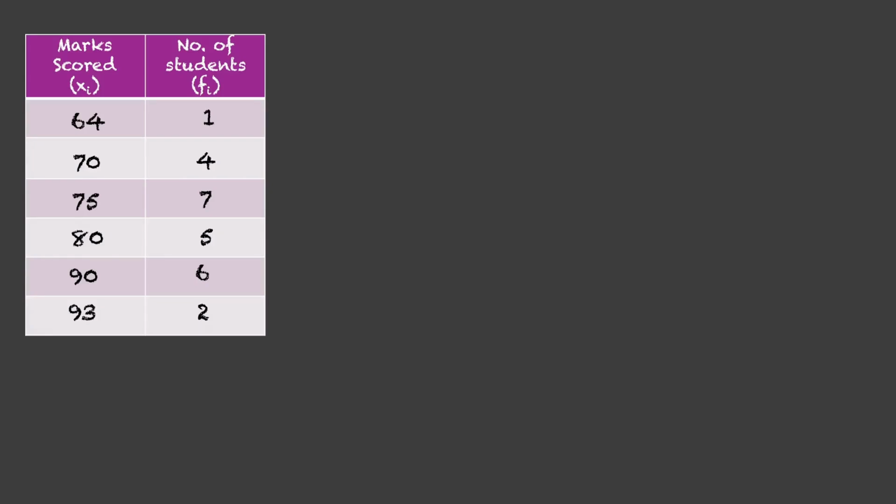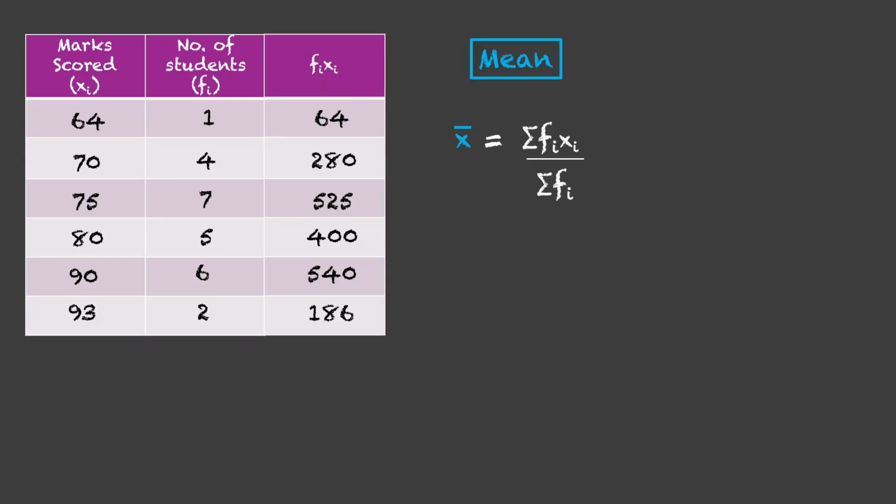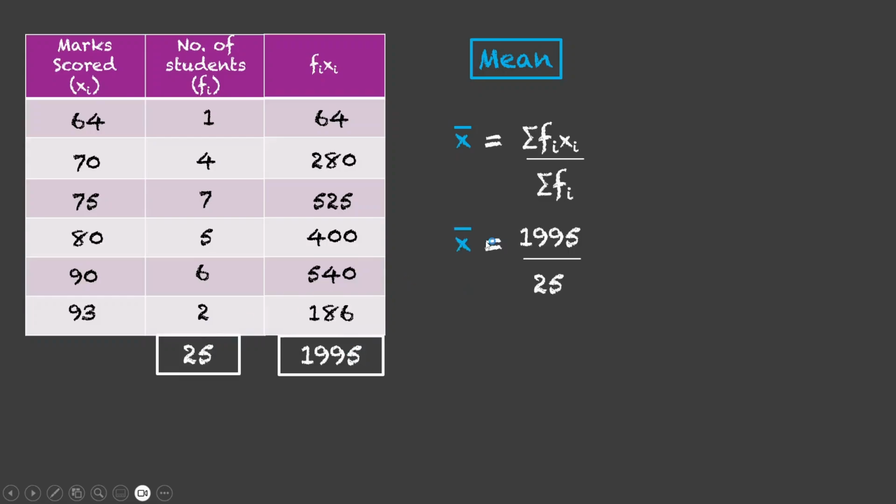25 students of a class appeared for a test. Their marks were recorded and mean was calculated using the direct method. The very first thing we did was to calculate fi into xi. Since this is the formula for mean, we found the summation of fi into xi, which is 1995. And since there are a total of 25 students, the mean came out to be